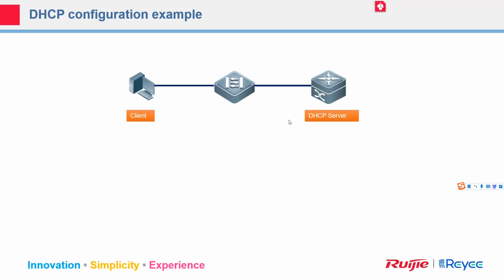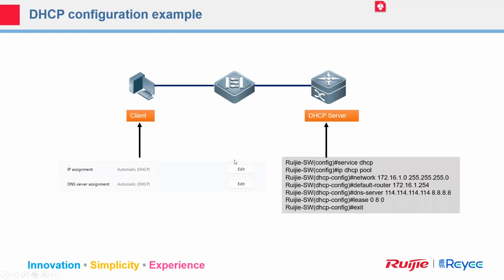About the client, it's very easy. You only need to enable the function of DHCP, it's enough. For example, here is a picture of Windows 11. We only need to select the IP assignment to become DHCP, and then after you save the configuration, the computer will send out the broadcast of DHCP packets automatically. You don't need to do anything. You only have to enable this function, it's enough.